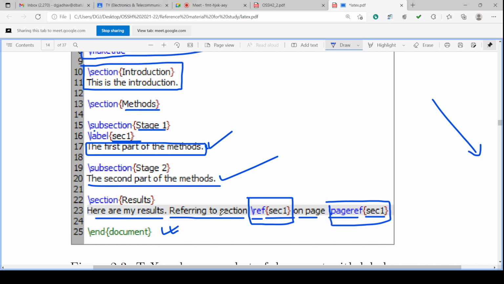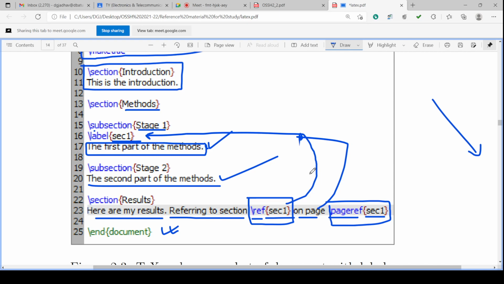For the section word, if you click it, this hyperlink will take you to this section. And the page reference also creates a hyperlink, and it will take you to the page number of this label, that is, subsection stage 1.